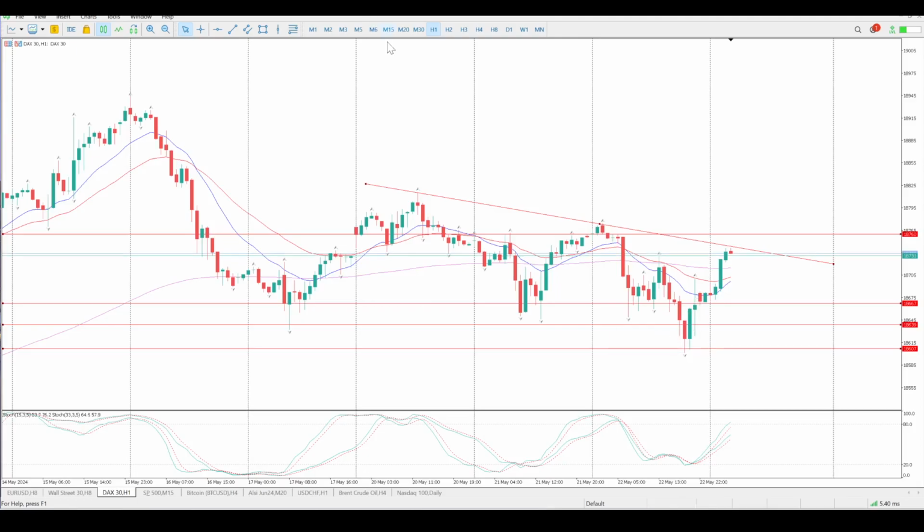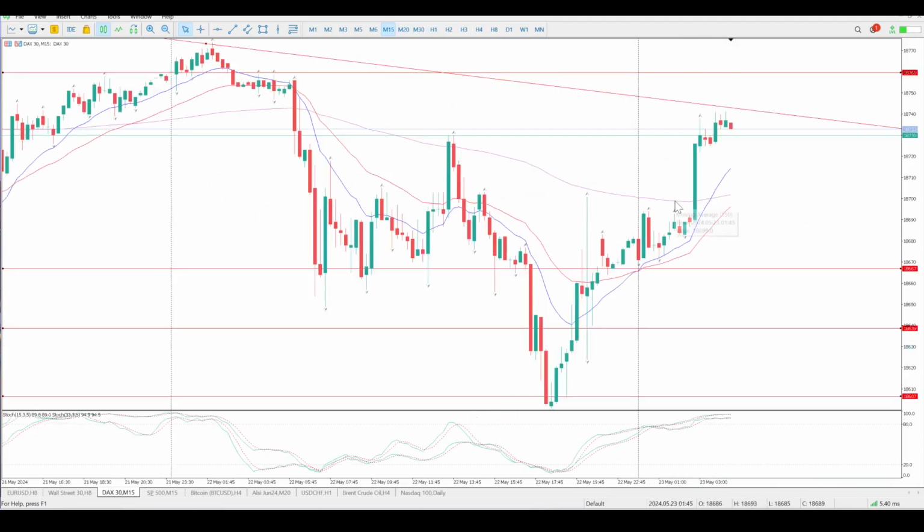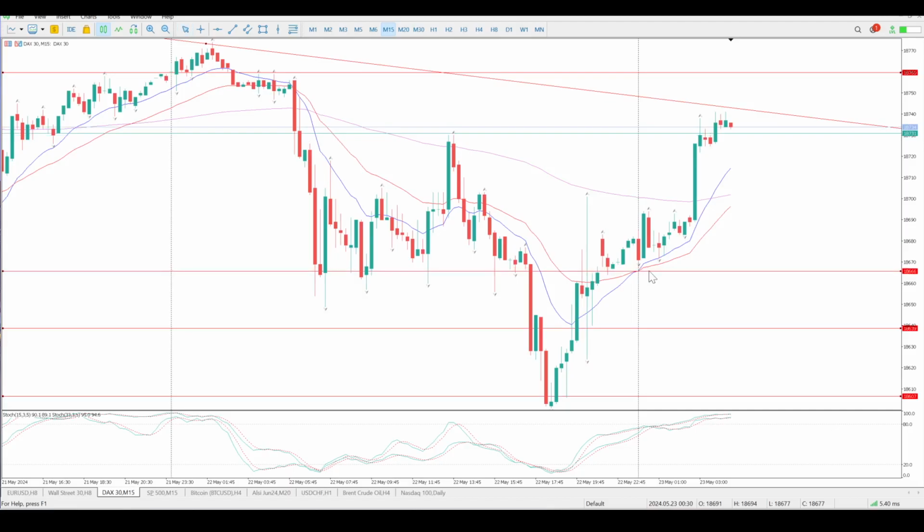Now there's a gap here, which you're going to see on the 15 minutes. This is all noise from the Feds. There's our gap at 18665. If you look left, quite a bit of action was at that level as well. So if we just look at the 15 minutes,